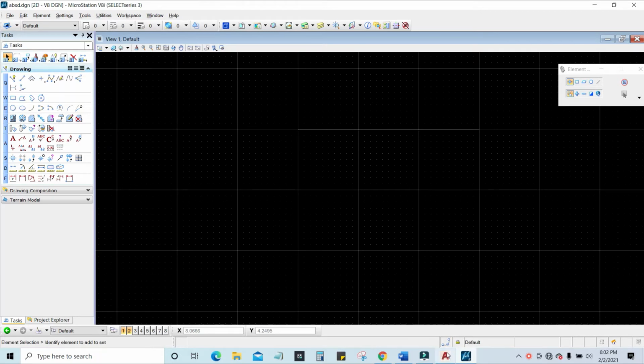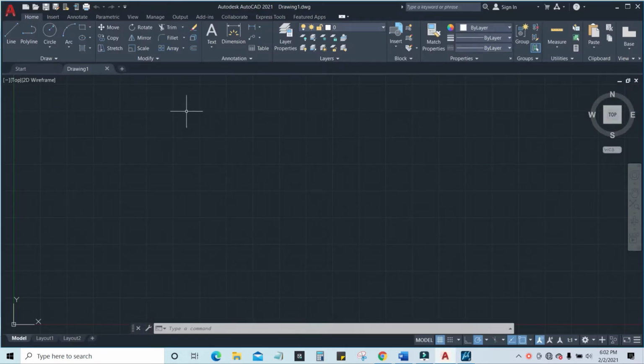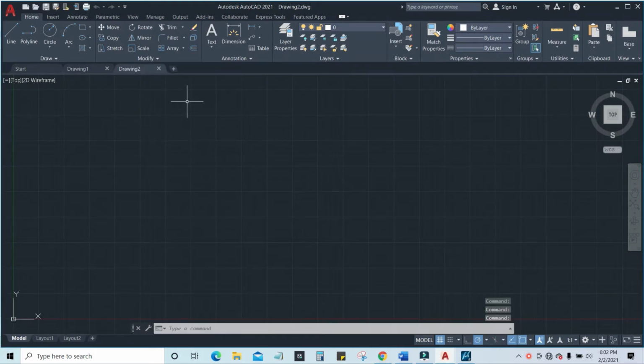But in AutoCAD we can open multiple files at a time. If I click on the plus icon, it will open another drawing. If I click again, it will open another. So this is another difference. It helps us use multiple drawings in a single work frame.